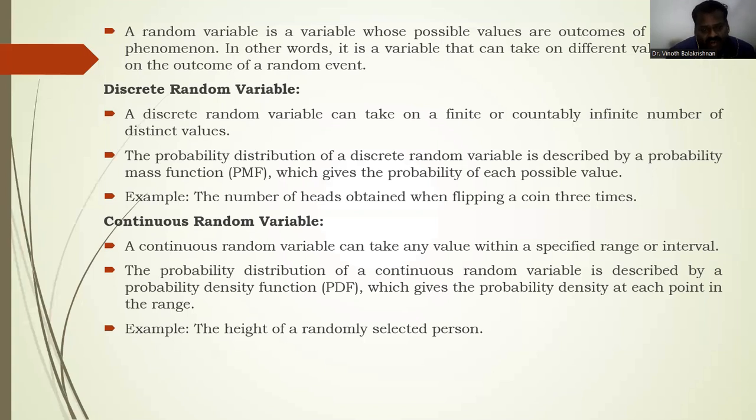For example, the height of randomly selected persons. We select persons randomly, and the height we have to measure for each person should be an interval. For example, the first sample will be selected, and that first person's height is 150 to 175 centimeters. Then next,